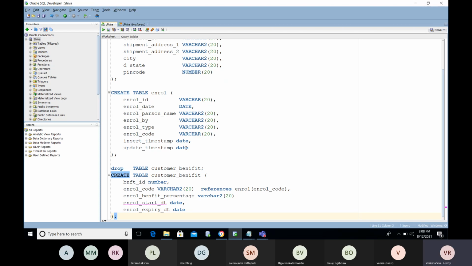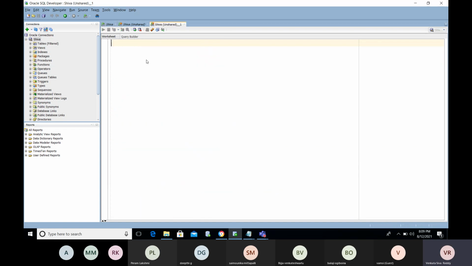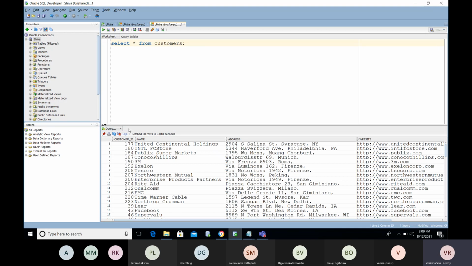Are there any other tables that need to be created? We have the customer information here, so for these customers you need to maintain all this information. This is the customer table I have.